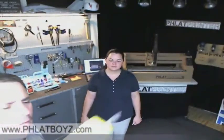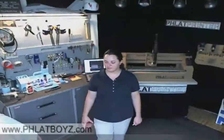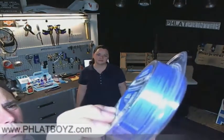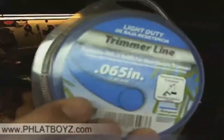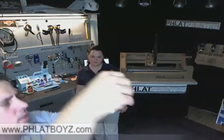I don't know if it's going to work, but I've got some of this weed eater line. What is this called? 0.080, and I'm not sure if it's nylon or not. I'm actually not going to use that one. I got this other one. That one actually has a profile shape of a triangle. I don't know why, but I found this. It's called light duty trimmer line, and it's 0.065. It just comes in like a 40-foot roll. I'm sure you can buy it in bigger rolls. So I cut off a little piece